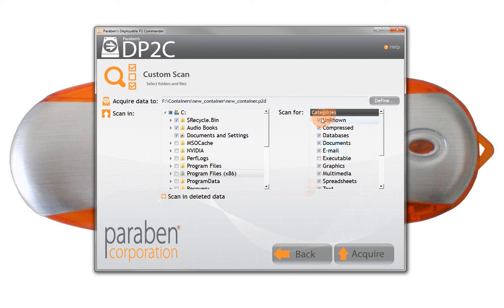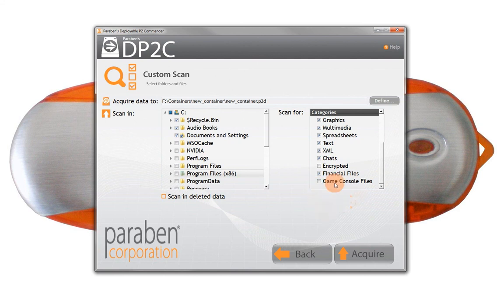I'm also going to want to deselect things like unknown files, because that would mean that I'm going to acquire every file that I run across that isn't part of these categories that I've selected or deselected. So I'm going to go through here and say, all right, there's certain things that I'm not too interested in. I'm not interested in compressed files. I'm not interested in encrypted files or gaming console files. Now, these gaming console files are Xbox 360 and Xbox One files that have been newly added to support in